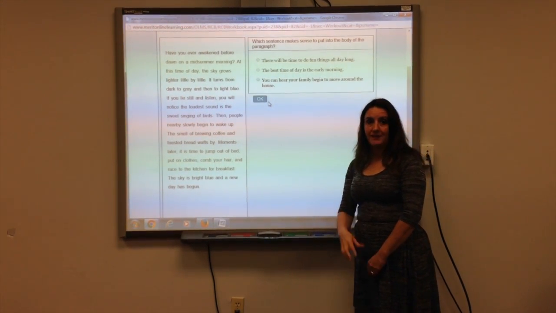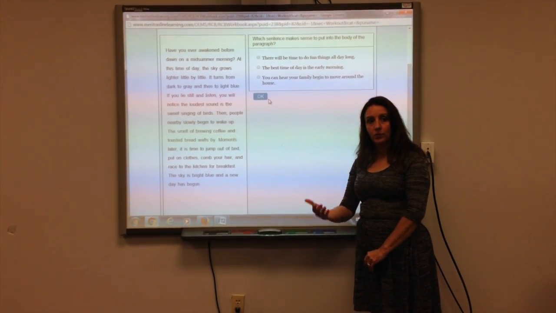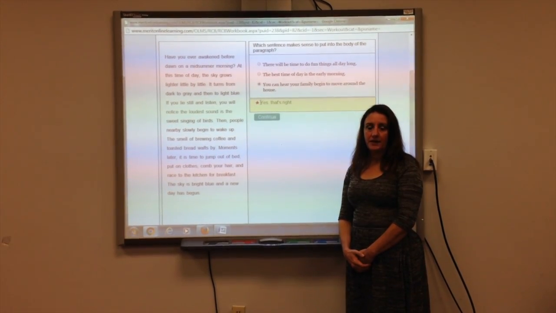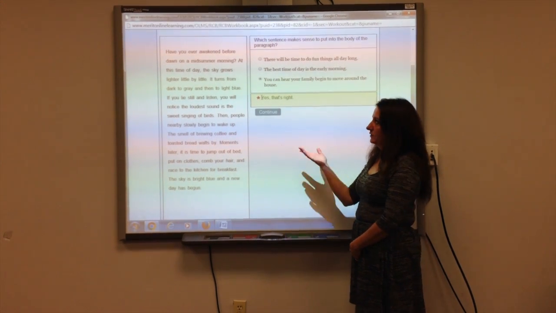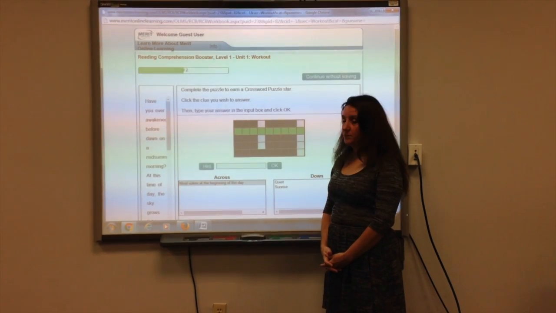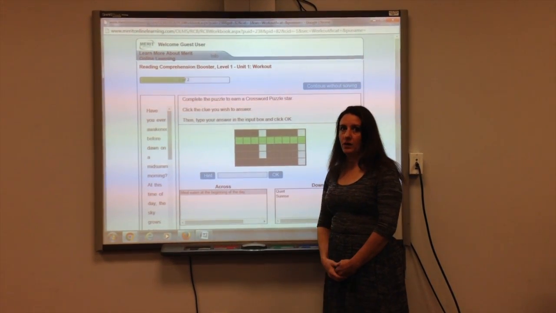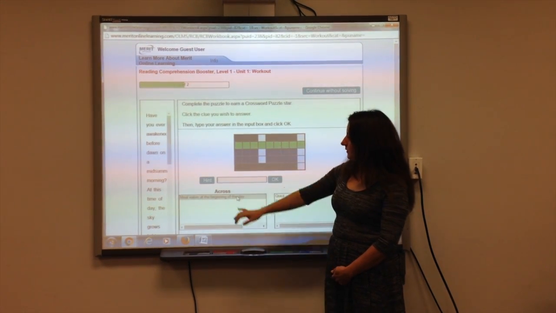Each student will be asked to reflect upon each statement and decide which one is appropriate to add to the body. With this interactive software, students are also able to come up to the board and answer the question. To boost comprehension and have a fun activity, they even offer a crossword. Meal eaten at the beginning of the day, across,